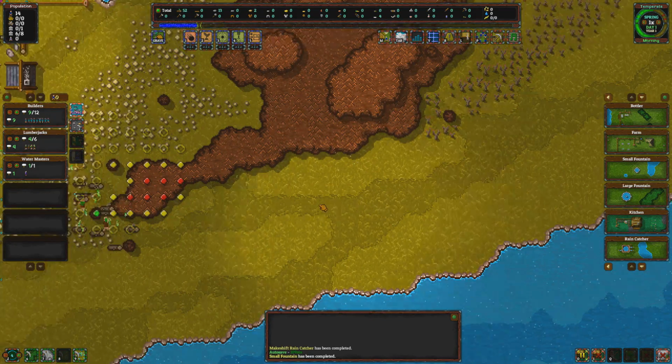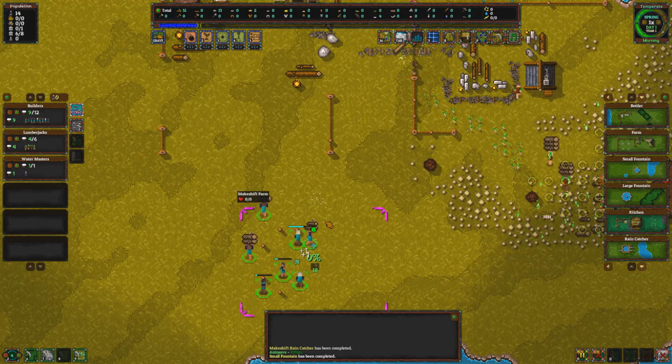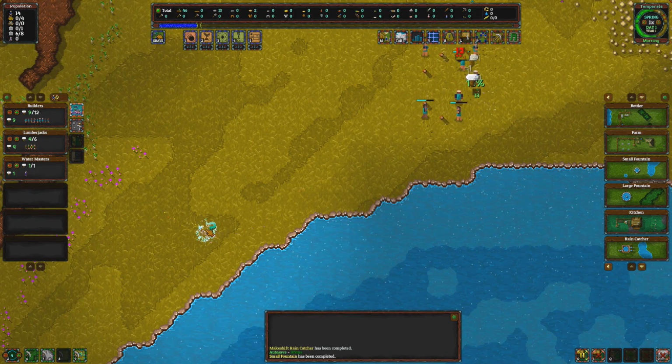I'll probably leave this as a choke point for later so that I can protect myself if something decides to attack me. They definitely build a little bit faster than the last time I played the game, too. The last time I played, they'd only move one object around at a time, and it really slowed the game down. And so I'm glad to see...